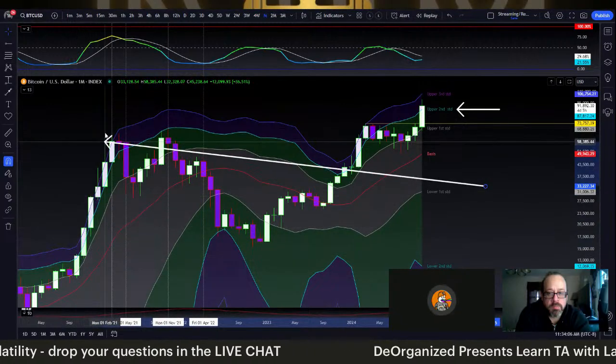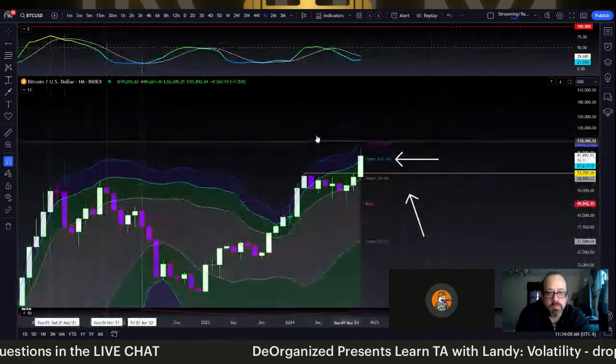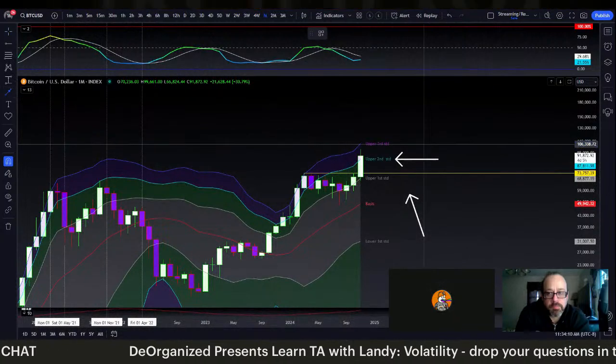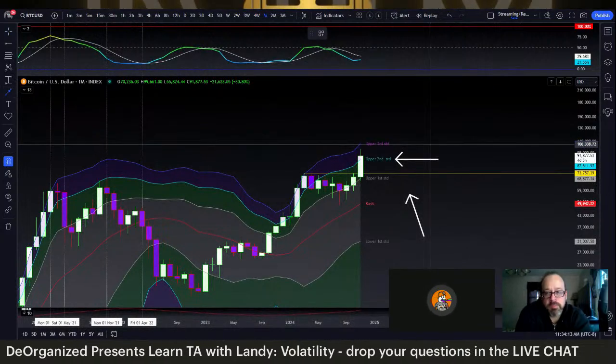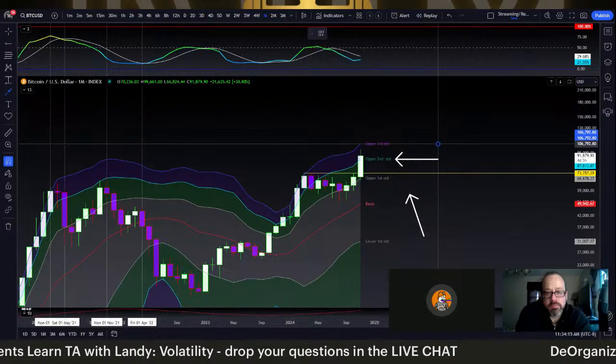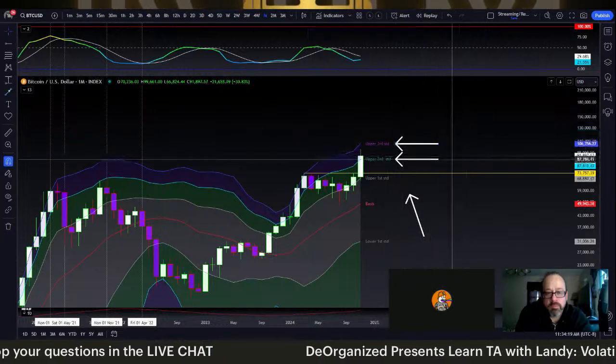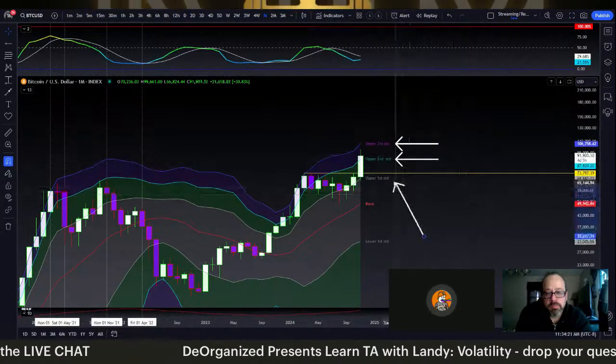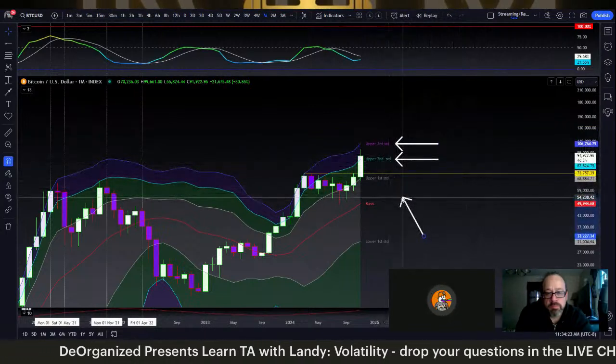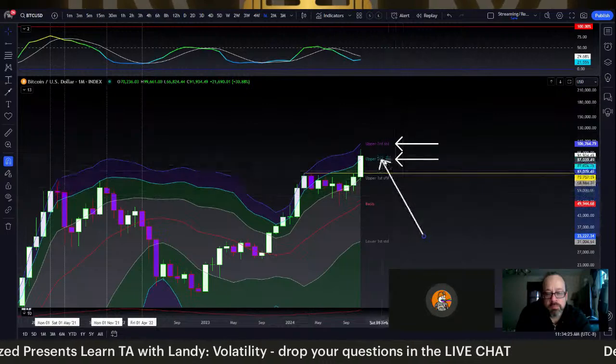It continues past it to actually get the run. So that would be the next checkpoint criteria. So Bitcoin looks good right now at this stage of the month, right? It's the 26th. We've got 4 days to go in the month, right? And it's looking as though as long as it can close above the upper second at 87,800 or whatever, we're